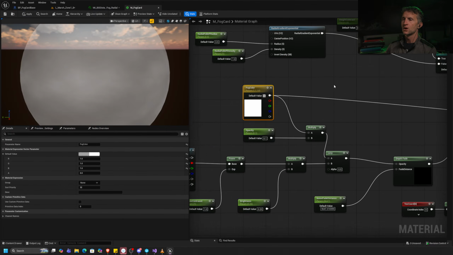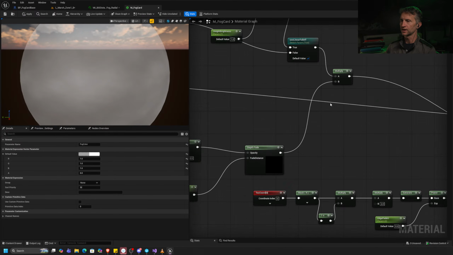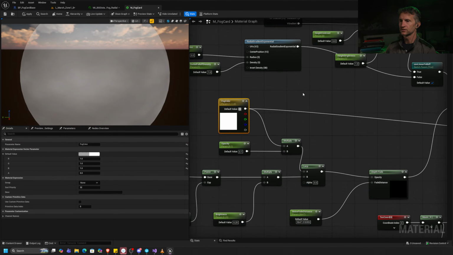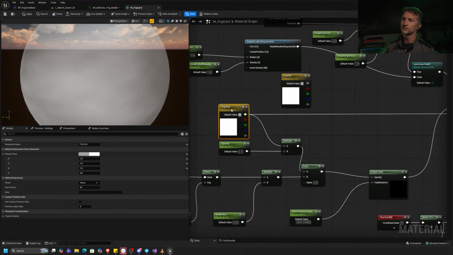What we could do is add in a tint. Let me make sure this is connected. Yeah, okay, cool. Let's duplicate this, and I'm going to call this fog tint instead. You have to decide how you're going to do this, whether you're going to add, subtract, multiply, or whatever. For now, let's do